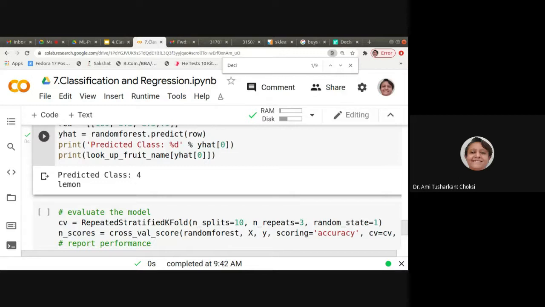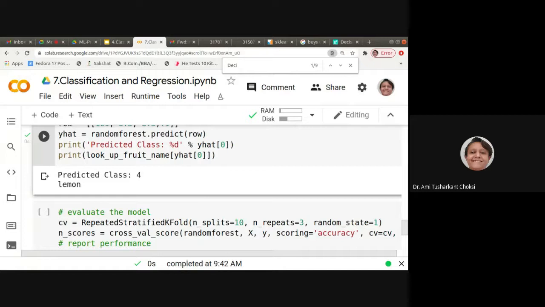So we can compare the classification algorithms and get an idea which algorithm is best for this particular data set according to the accuracy.